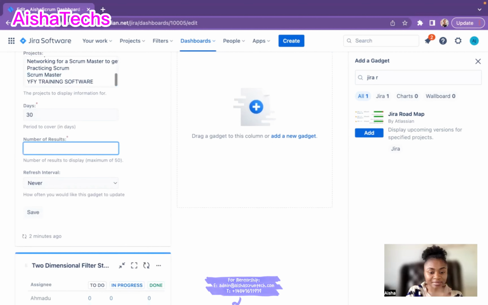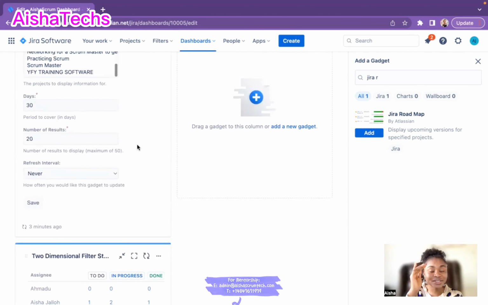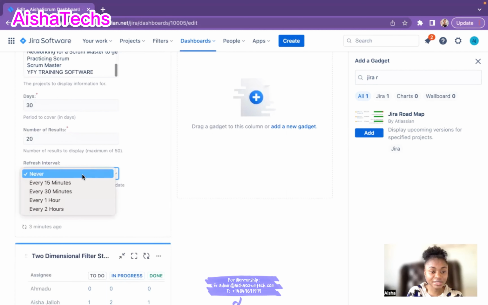Maybe I'll put 20. That's the number of results to display, in case you have multiple releases in your board, those multiple fixed versions you've created. For the refresh interval, you can choose 15 minutes, 30, 1 hour, 2 hours. I'll refresh it every 15 minutes. And with that, I'm going to hit